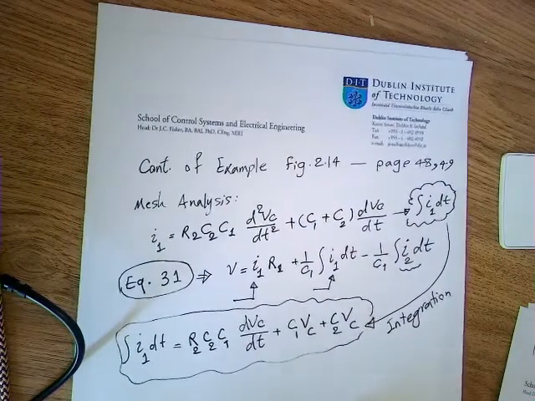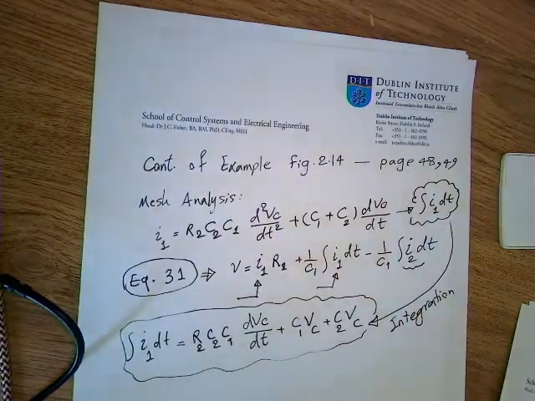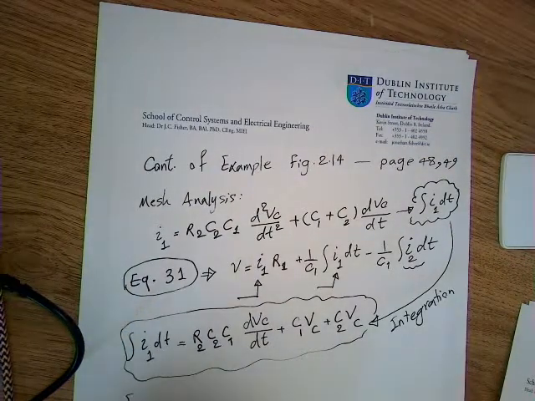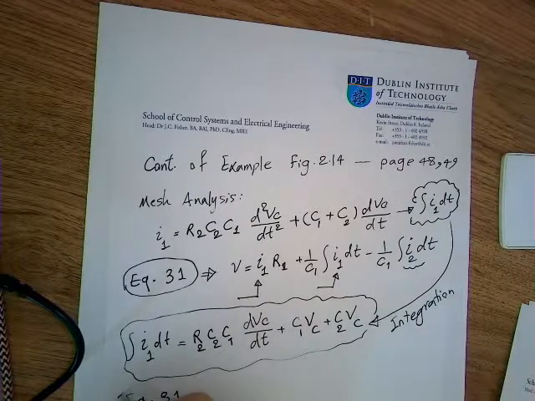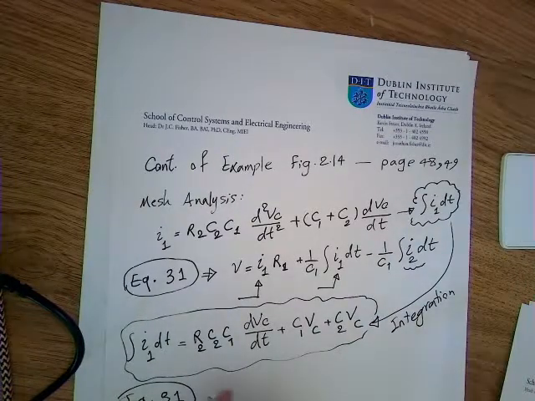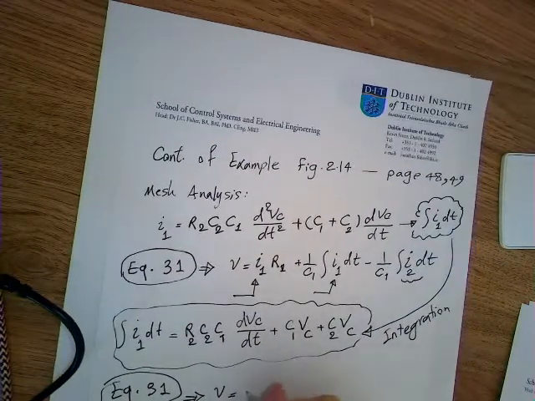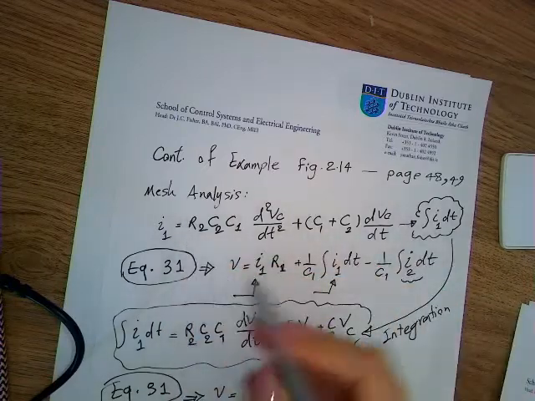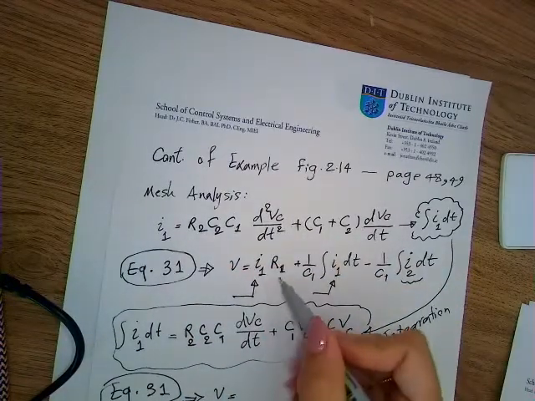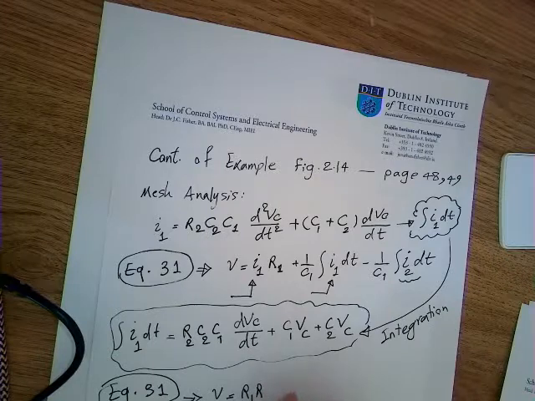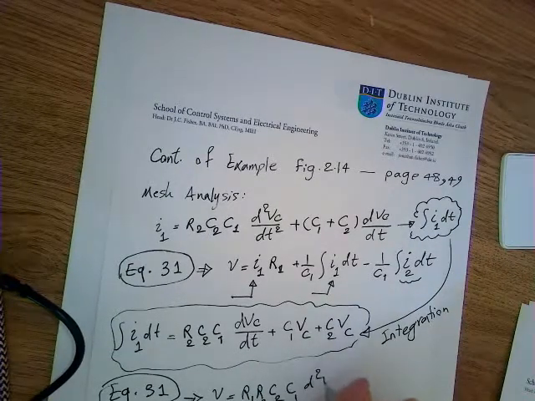Now I have both of them, so I can substitute them in my equation 31. So again, my equation 31 comes here. So my V will be my I1 multiplied in R1. So R1 is going to multiply in each of those words. So it will become R1, R2, C2, C1, second derivative,